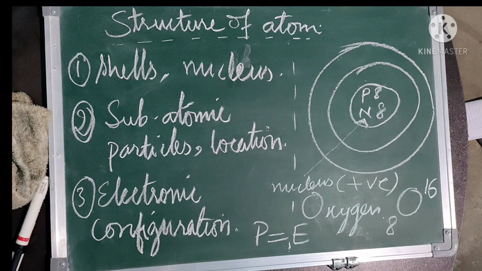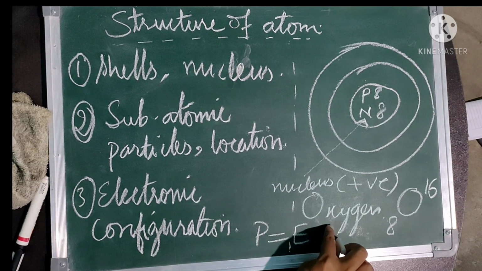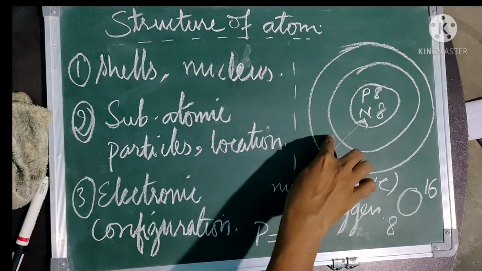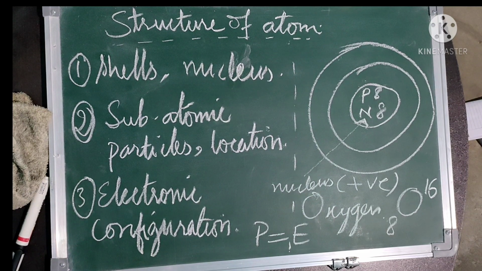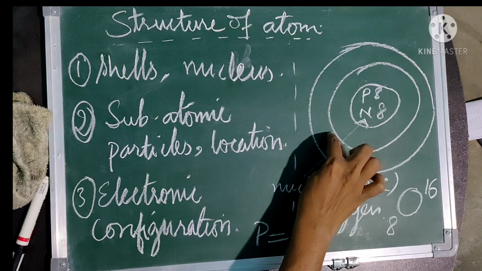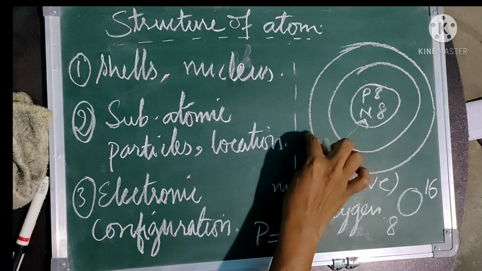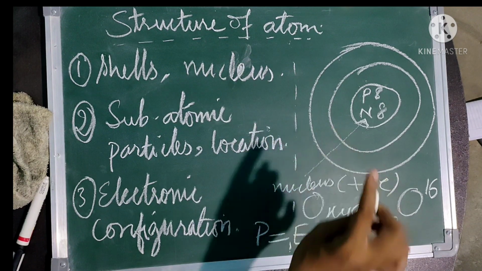Now just pause this video and think over it. Do all the electrons of oxygen atom reside in the first shell, or do all of them reside in the second shell? Or is there any particular pattern or formula according to which these many electrons reside in the first shell and these many electrons are residing in the second shell? Is there any fixed formula for this? We will see just in a moment.